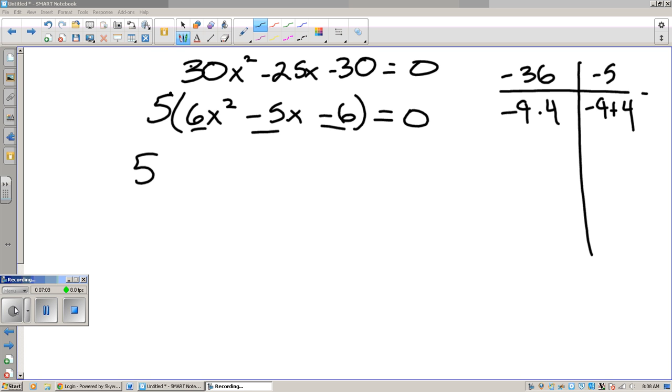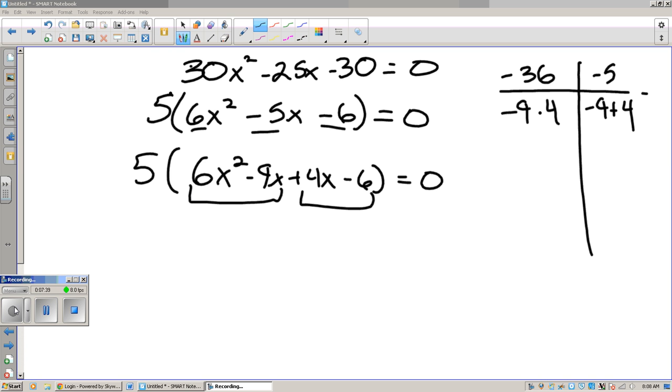So we take the 5 and we're going to split the middle term. I like to keep that 5 out there so I don't forget it. And I always like to continue to write that 0 down there so it reminds me that I have to solve. So now that I split the middle term,